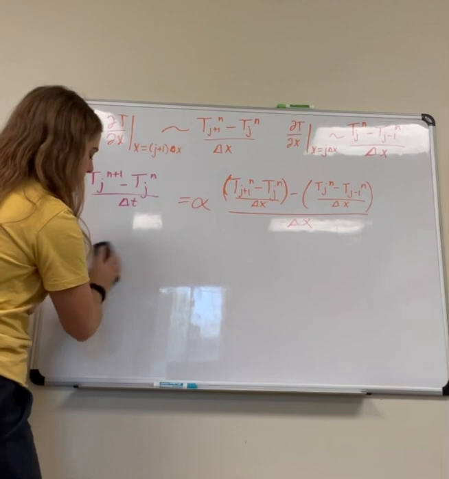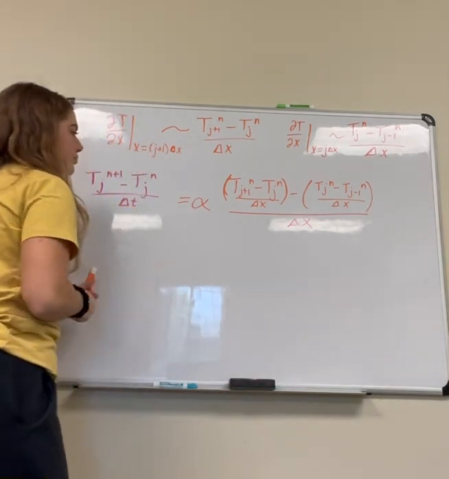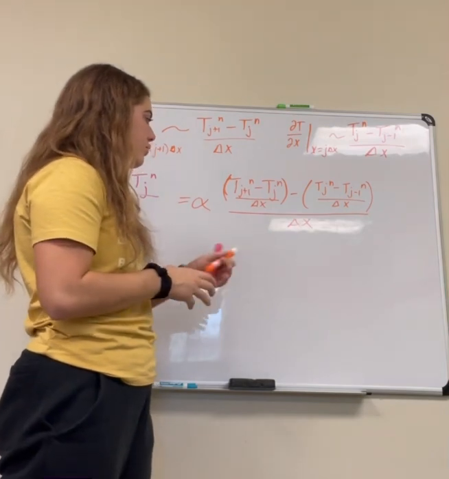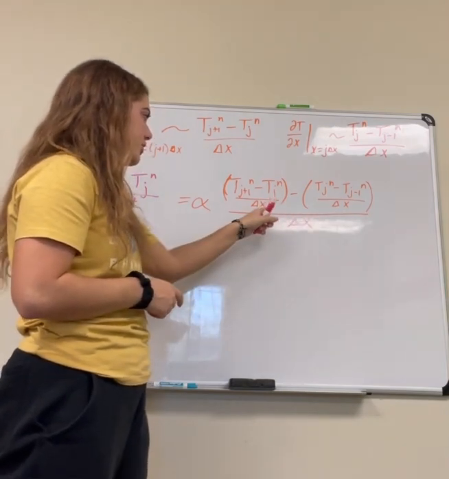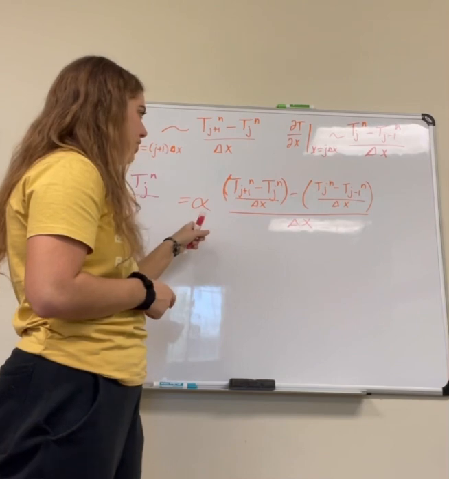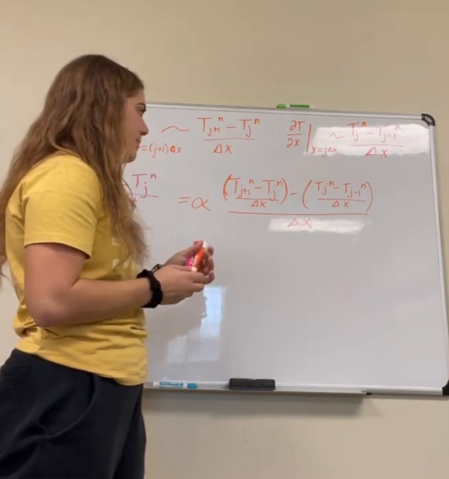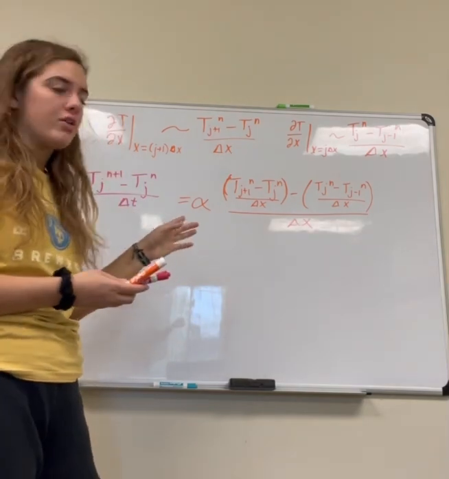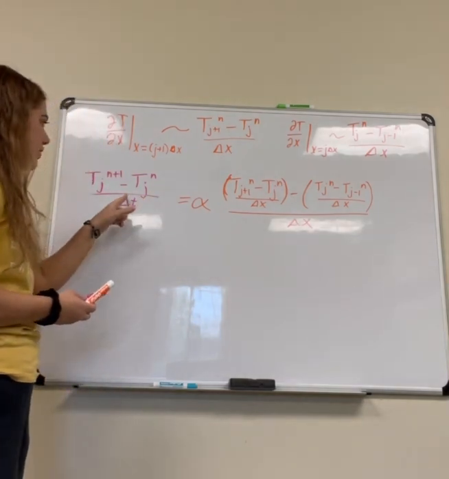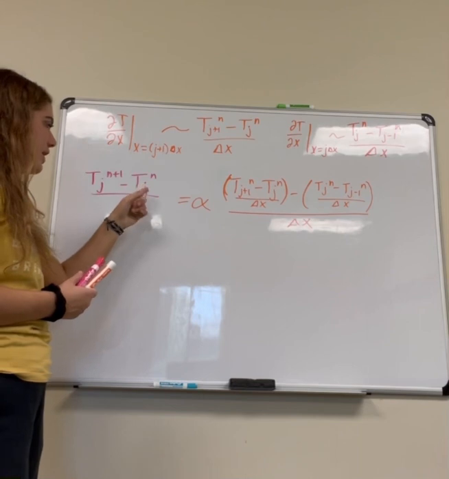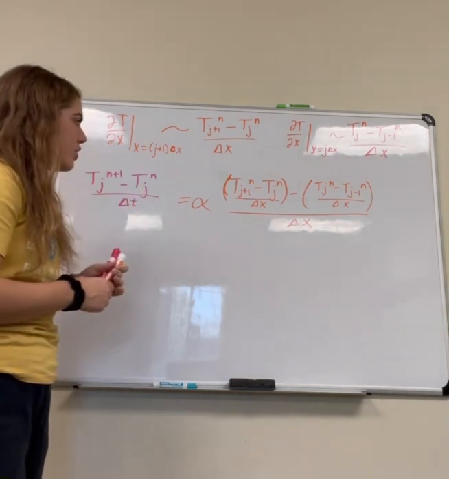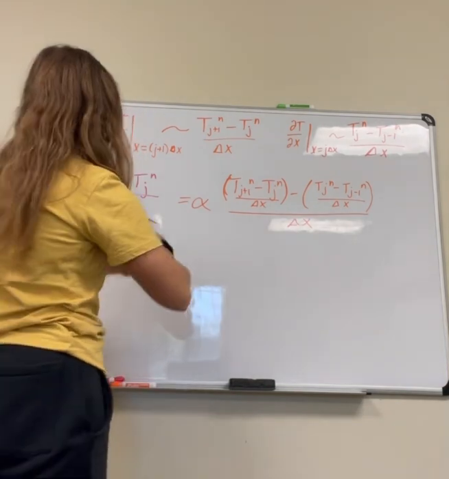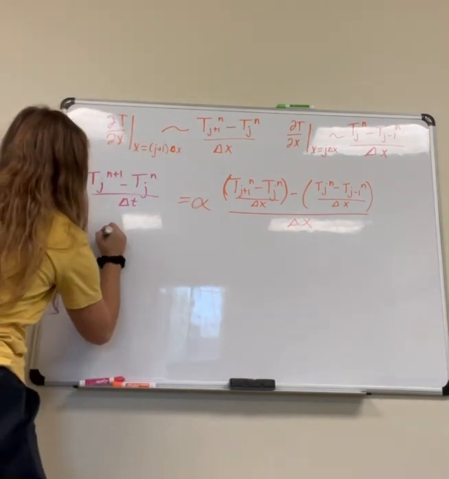Erase this in here. And now you can see that we can pull some terms out, like both of the change in x terms. We could pull those out, and then we can add together some of the temperatures, and we could also multiply over the t and add over the t j at time n. And so we can do a lot of simplifying. So if we do that, then we're going to end up with the final equation of